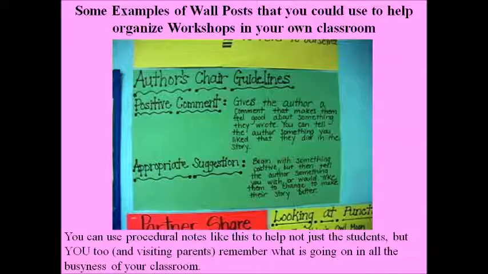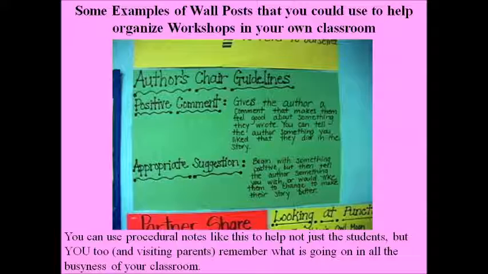And some examples of wall posts that you could use to help organize workshops in your classroom. So when you're doing author's chair with kids, here are some guidelines about positive comments and appropriate suggestions. How do you do that? Kids won't immediately know how to engage, so you have to provide them with some kind of direction, and you'll have to talk about how to do this and model it with them and give them a chance to practice it, and you observe and give commentary on how they're doing and if they're engaging